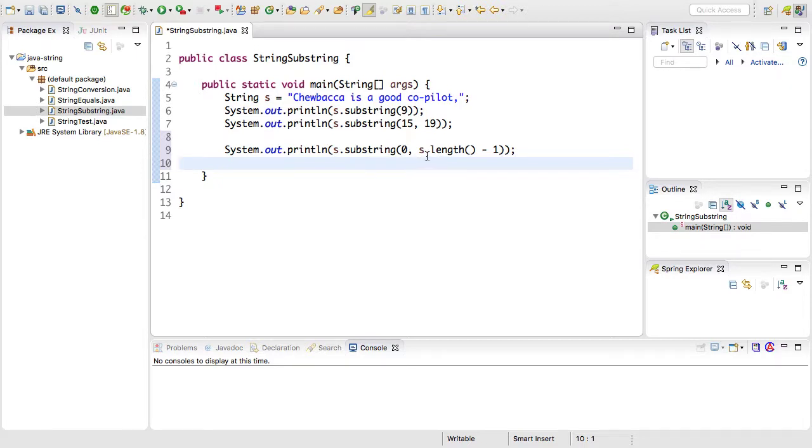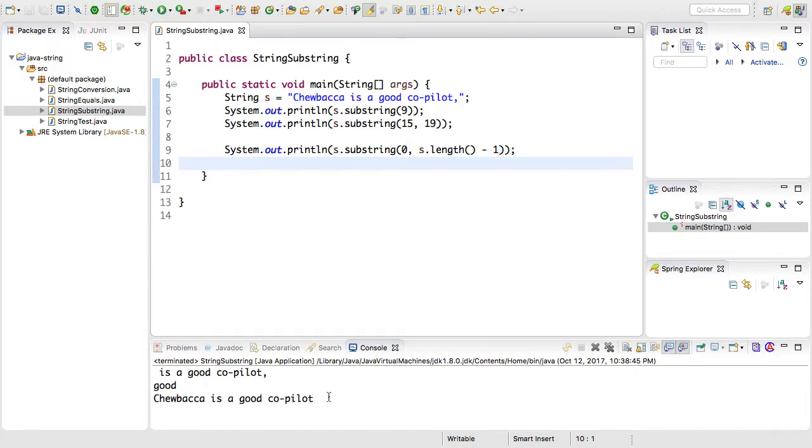And we're going to print out the length, and then we're going to subtract 1 off of the total length so that we parse off that last comma. So I can save this file and run this, and it should print out everything except for the comma in the console. And down here, if you take a look, it says Chewbacca is a good co-pilot, and it does